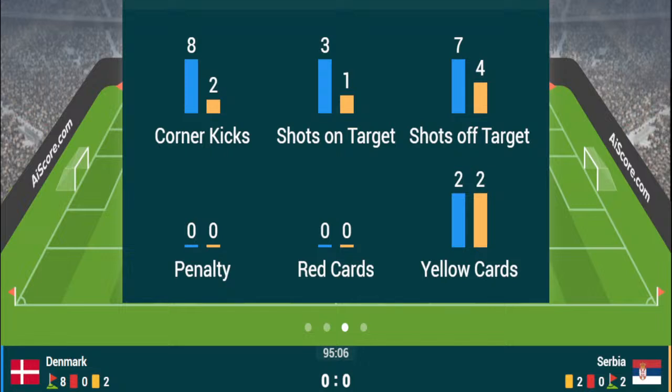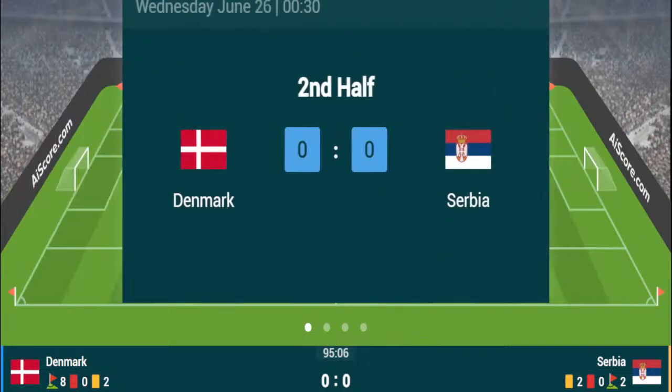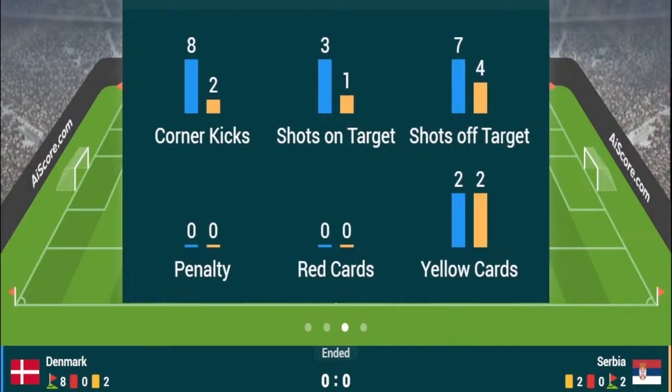So final few seconds of the contest now, and it's going to be a throw-in for Serbia. They've only got 20 seconds to play with. The Denmark fans look nervous, the Serbia fans also look nervous, but I think Denmark can start to believe that this is going to be their night in terms of the fact that they're going to get through to the last 16 unless there is one last final chance for Serbia to come forward? They're just outside the penalty area, 30 yards out, but Denmark smash it away, and the full-time whistle does go,